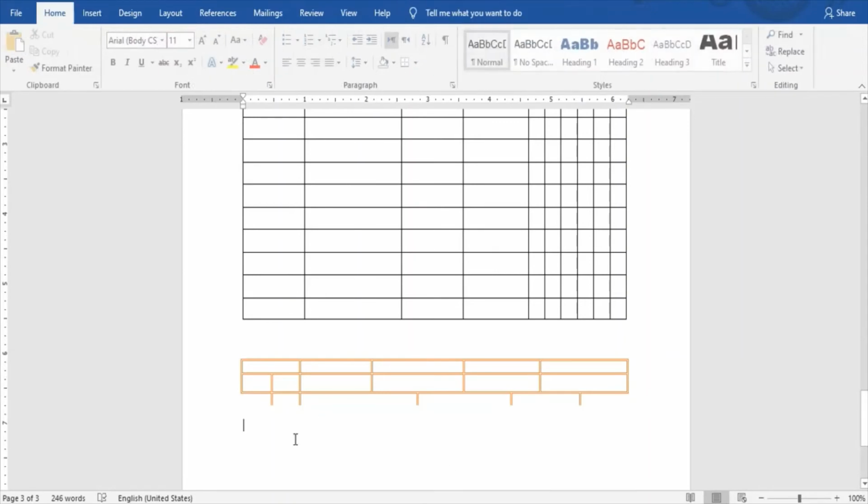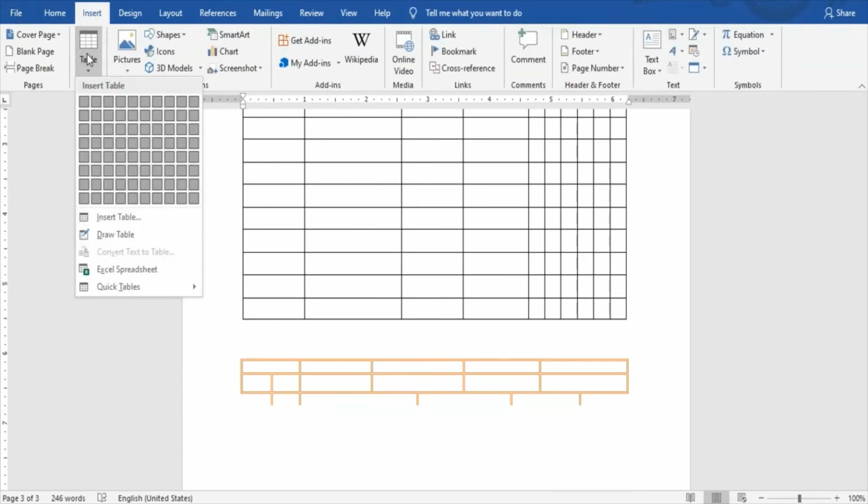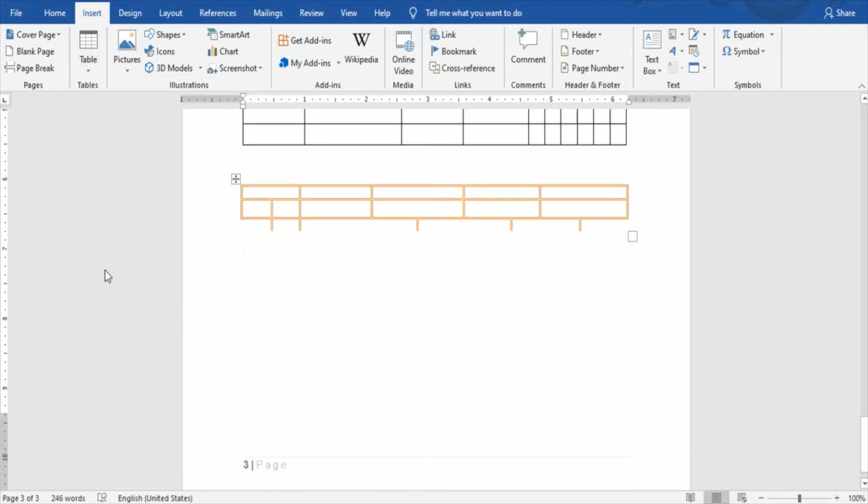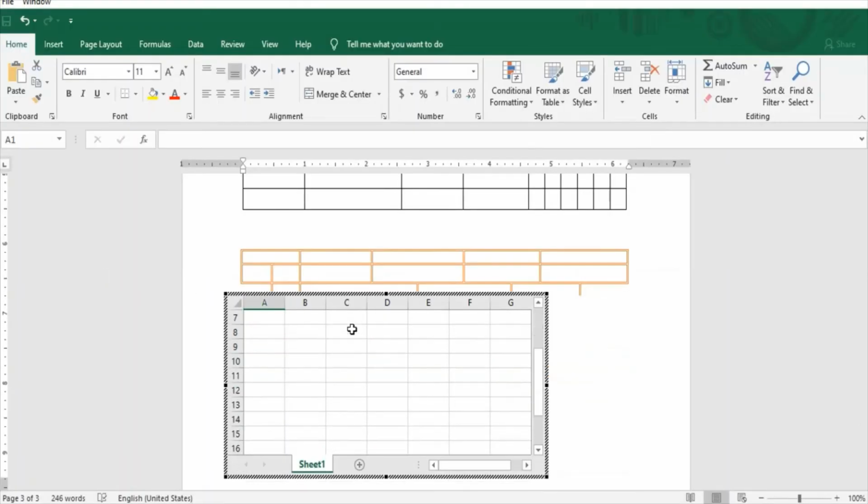So let's try another one. We go back to the table insert option. Another interesting feature that we have over here is inserting an entire Excel spreadsheet within our document. So as soon as I click this, MS Word opens an Excel sheet over here. So this is applicable wherever we have multiple options of displaying data that's being calculated based on formulas. So you can apply all Excel features over here, and once you're done with the table within the Excel,